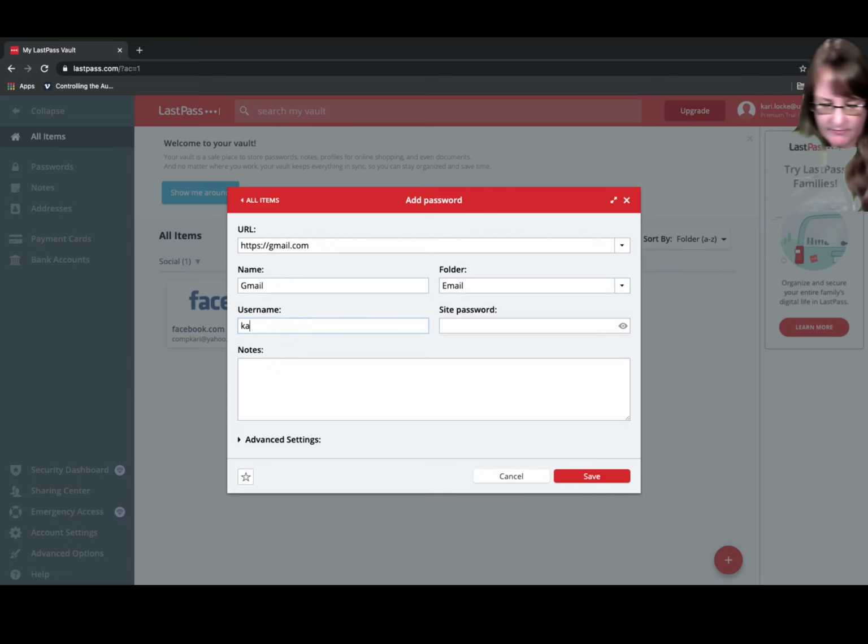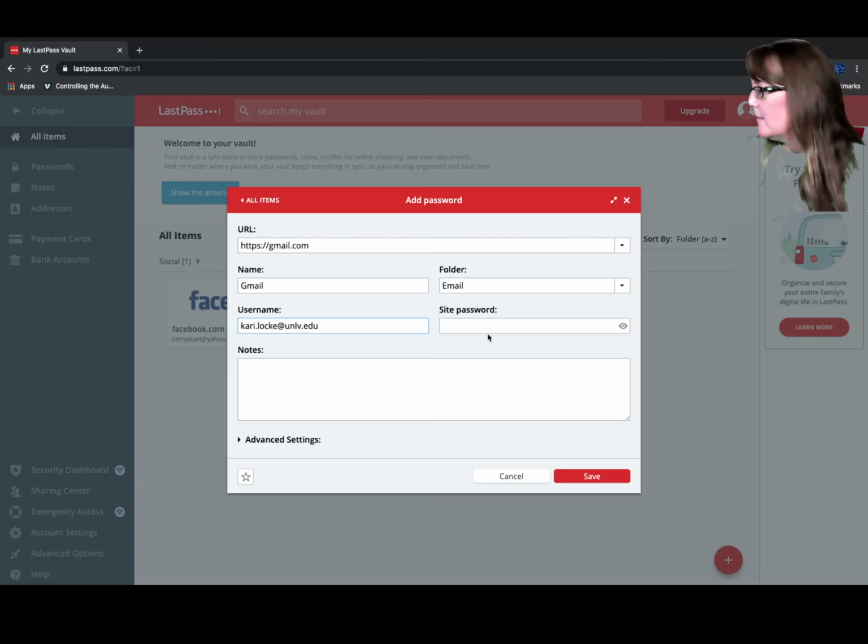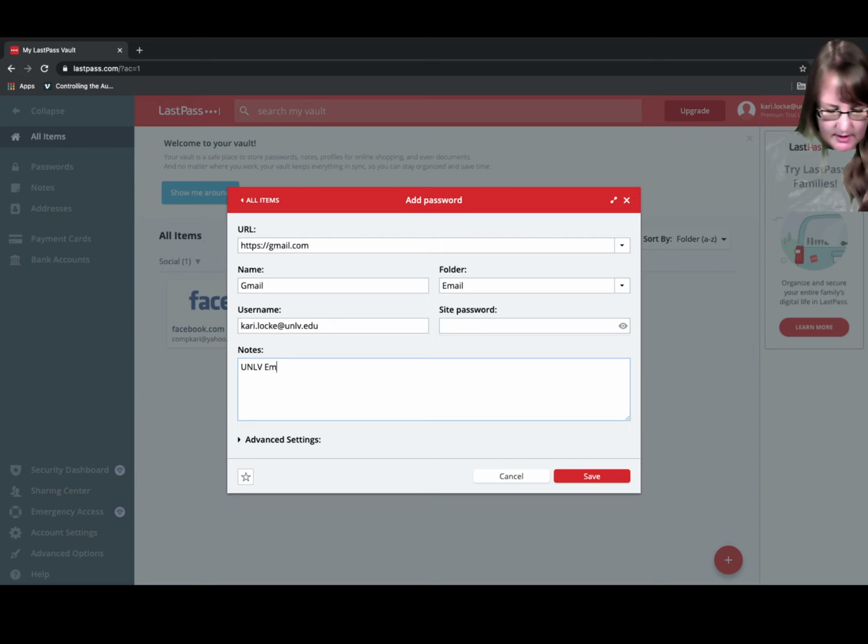So my username for that is carrie.lock@unlv.edu. And then my password, I would enter my password here. And then if I wanted any notes, so this would be my UNLV email. And I could name it up here if I wanted to. Instead of Gmail, I could say UNLV email. And then my site password is